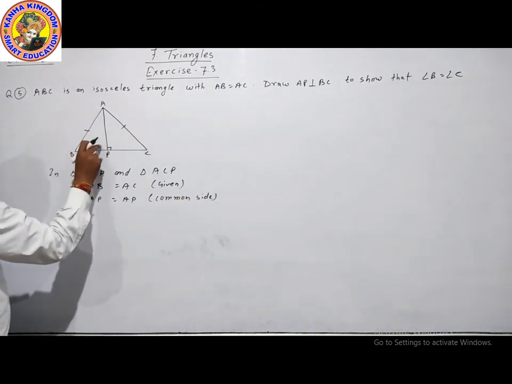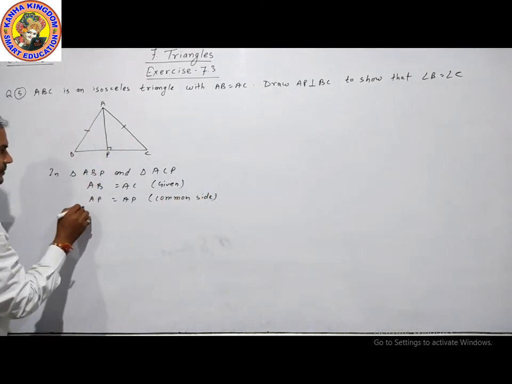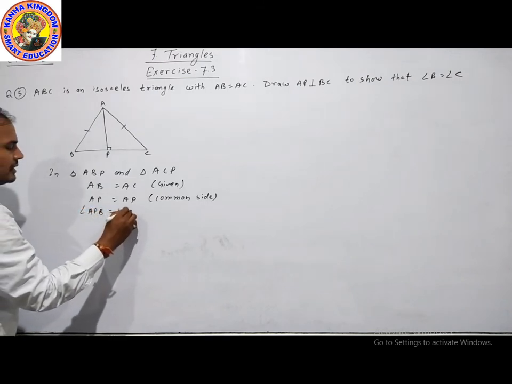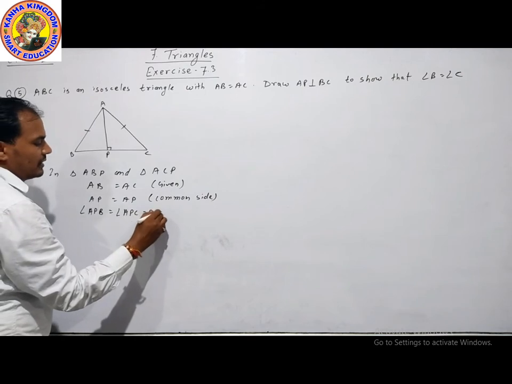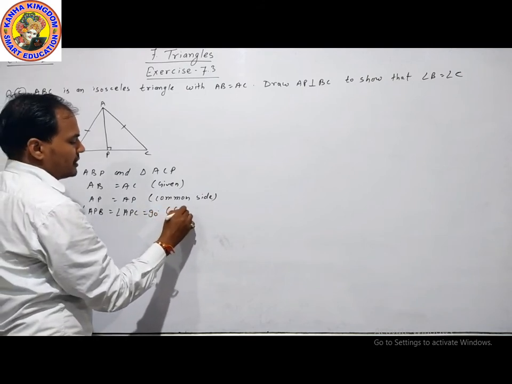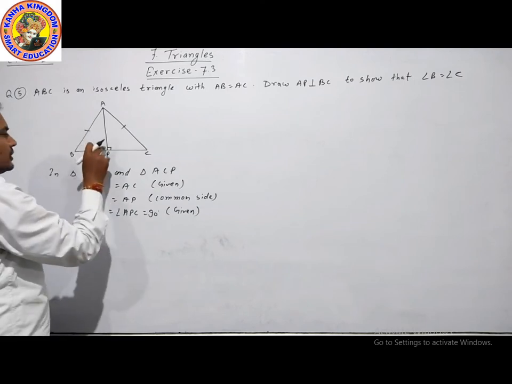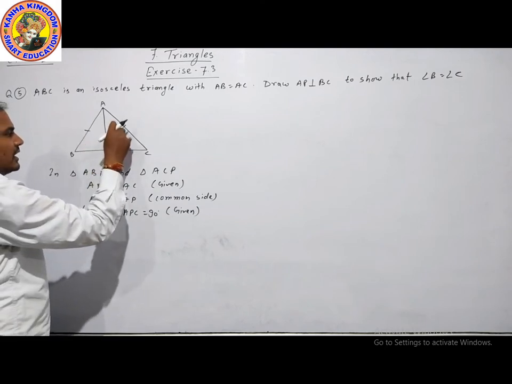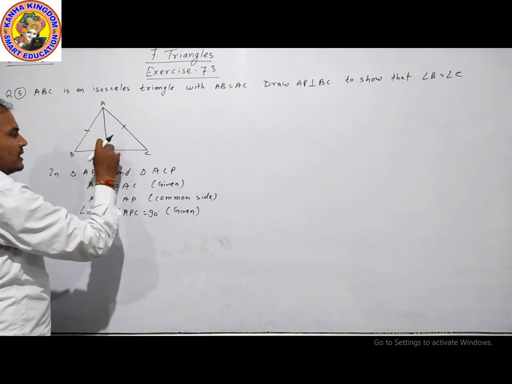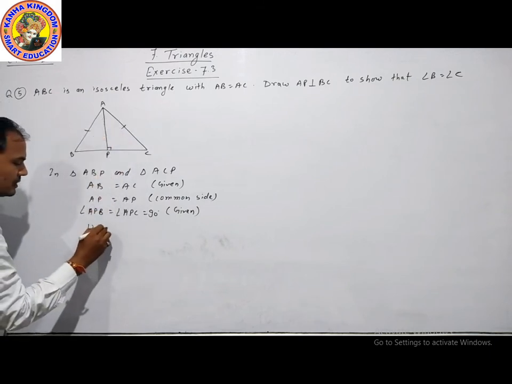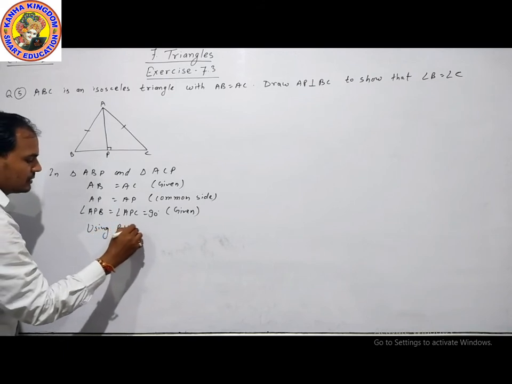And this one and this one are 90-degree angles. Angle APB is equal to angle APC is equal to 90 degrees, which is given in our question. So this is our right angle and this is our hypotenuse, RHS. Using the RHS rule,